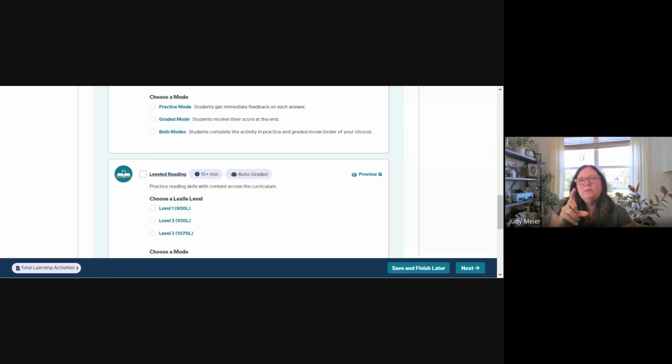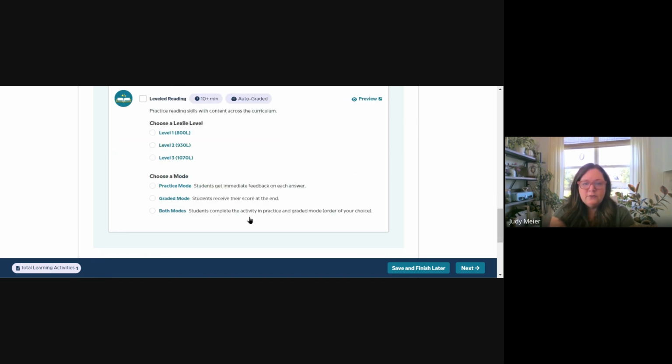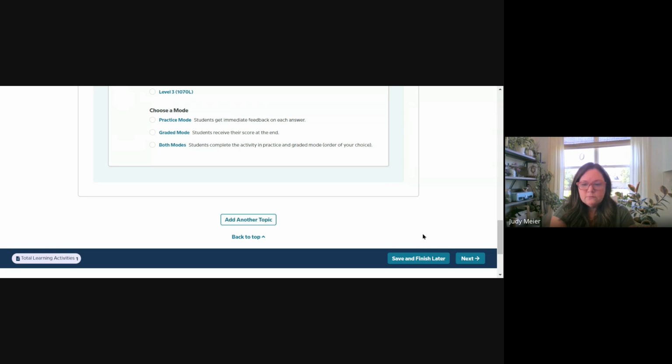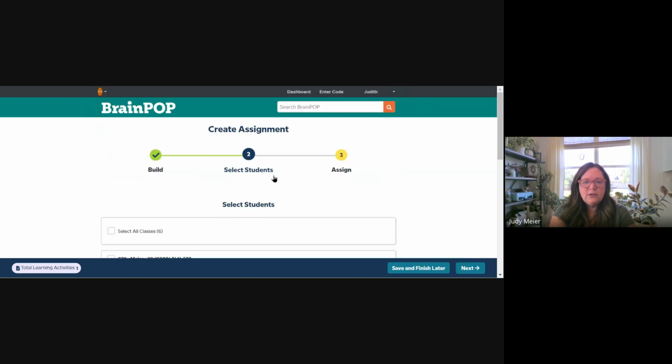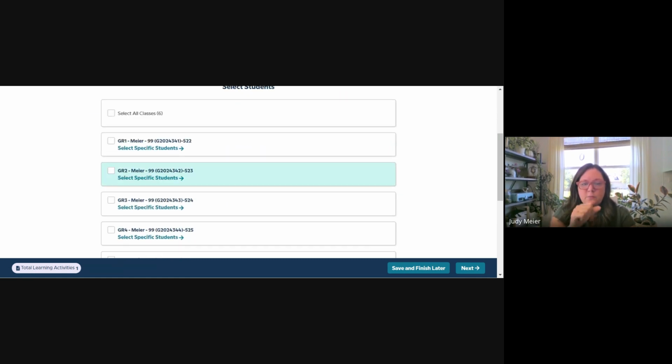You would have to create multiple assignments if you want to differentiate the levels. So like you'd have to create an assignment and choose level 1. And then when you go to share it with your Google Classroom, you select the students you want to assign it to. And then you'd come back to BrainPop, create another assignment, choose level 3 if you have readers at a higher reading level. So that part takes a little bit of time, but it is an opportunity for you to differentiate your instruction. And then you would just continue working through these steps within BrainPop